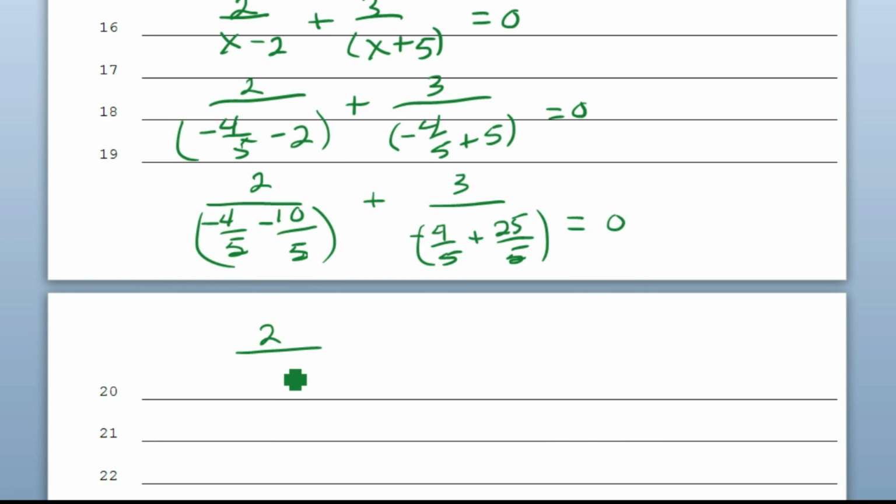Keep simplifying. Be minus 14 fifths on the bottom, plus 3 over minus 4 plus 25 be 21